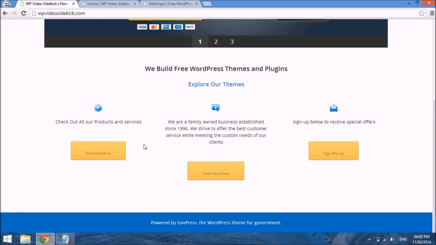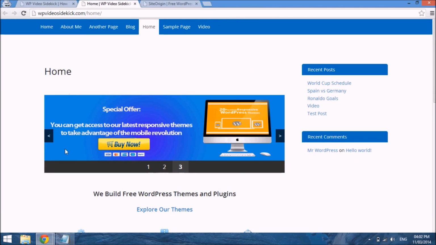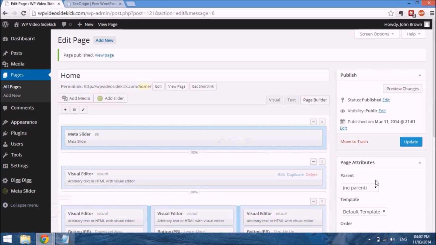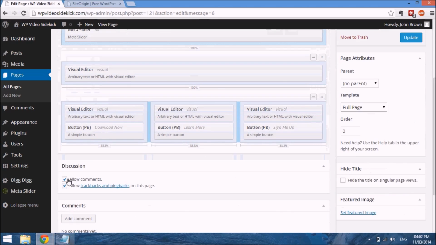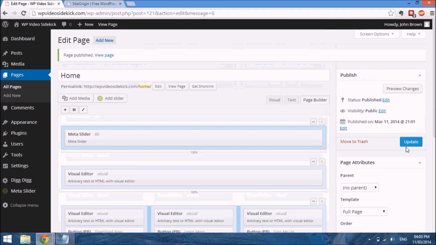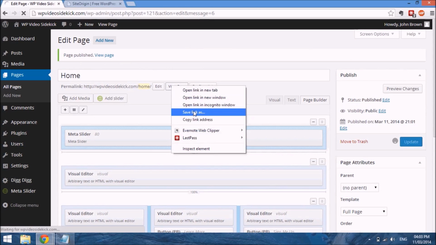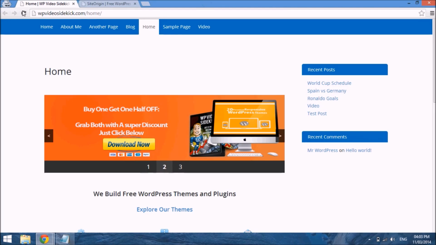I'm just going to go back to our editor, change the default template to a full page, and to remove comments, trackbacks, update, and then view the page. Refresh,